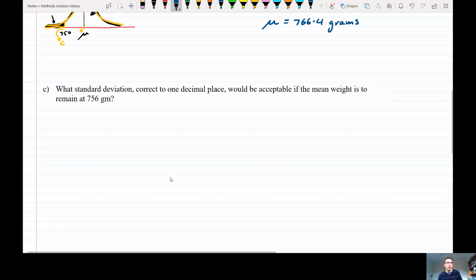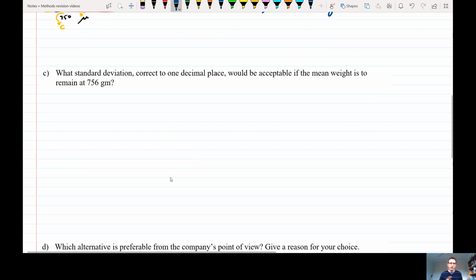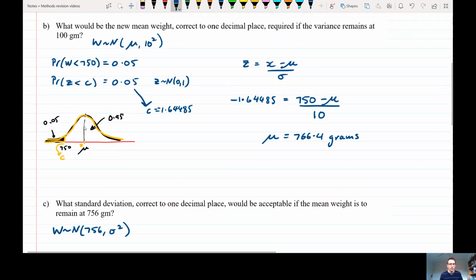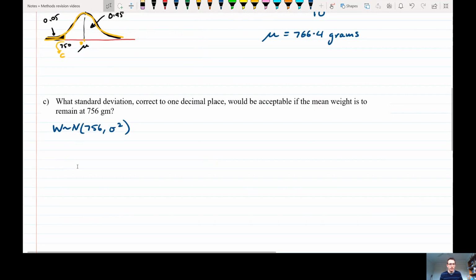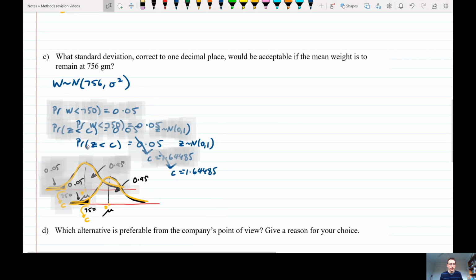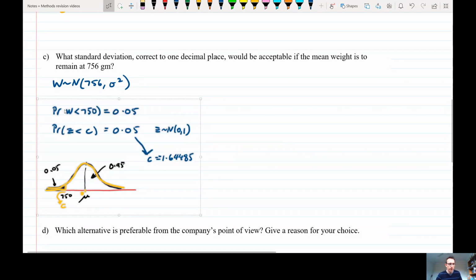All right, next one. What standard deviation correct to one decimal place would be acceptable if the mean weight is to remain? So this time we're looking at normally distributed weight. The mean is still 756, but I don't know standard deviation. I'm going to do the same thing. This whole section here is exactly the same. There's nothing different with any of that. What is different though is the final